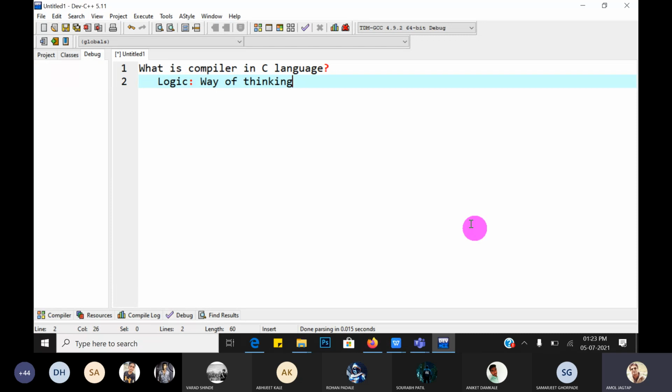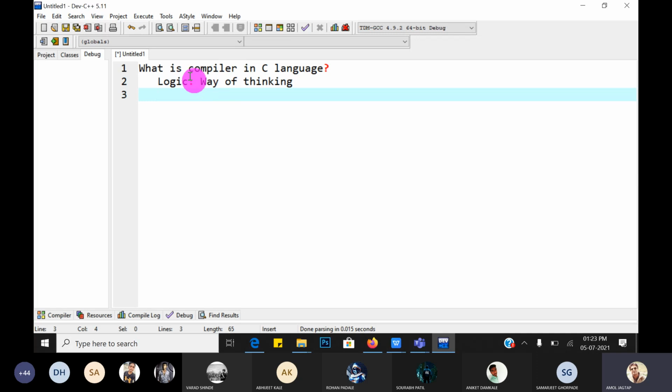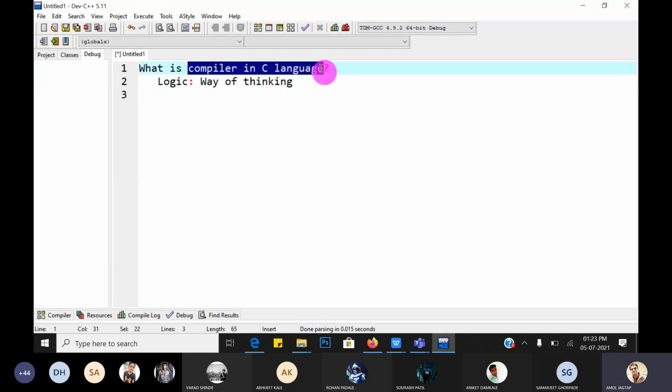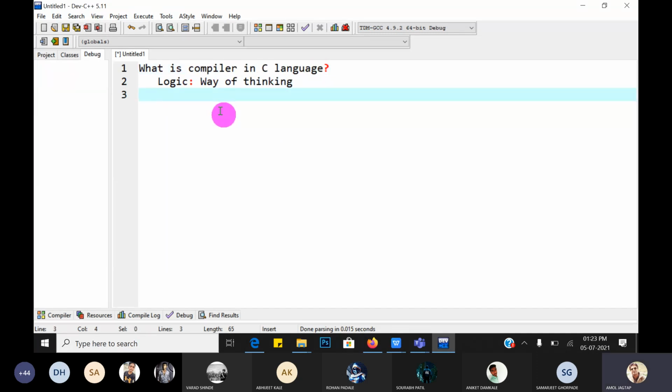Way of decision making is called logic. Always remember that there are different logics for a given problem statement. First logic: you use a language translator. Translator, this is the first solution.